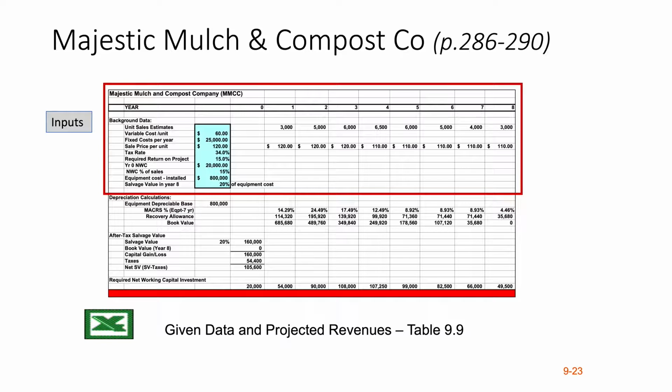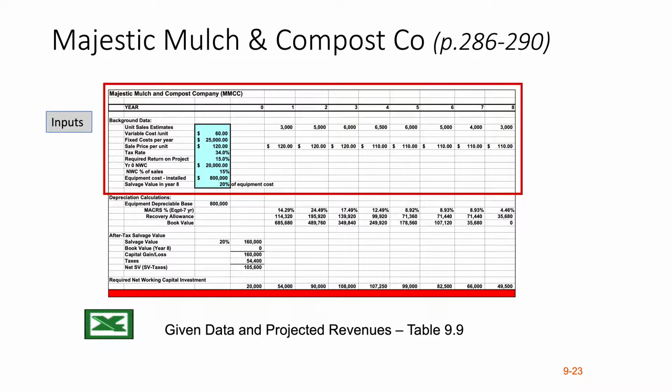All right. Now, in the textbook, they give you a pretty detailed, real-world example of capital budgeting. It gives you a business case from a company called Majestic Mulch and Compost Company. It's a garden company, gardening materials. Please read the textbook chapter from page 286 to 290. They give you quite detailed information, and then you do a capital budgeting on that. Now, in Table 9.9,